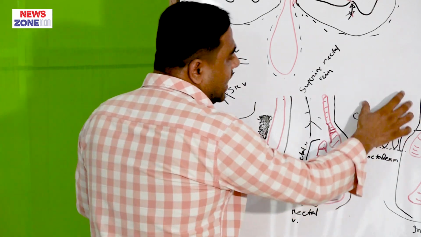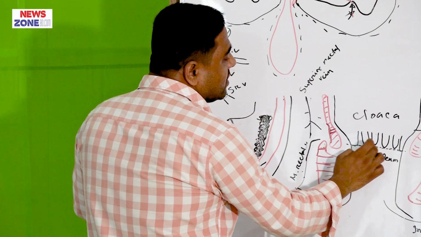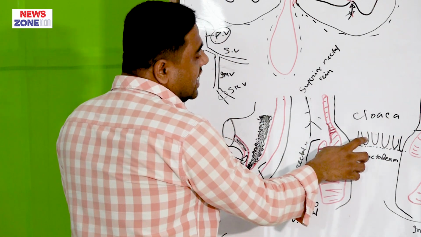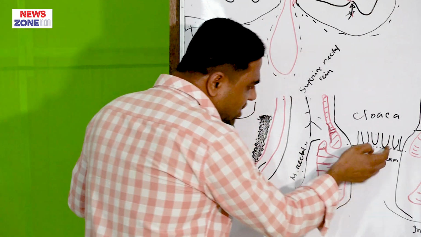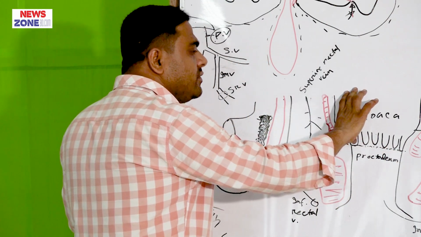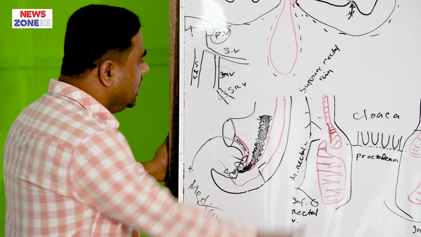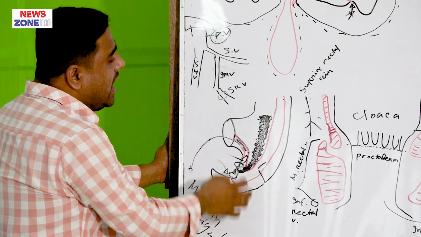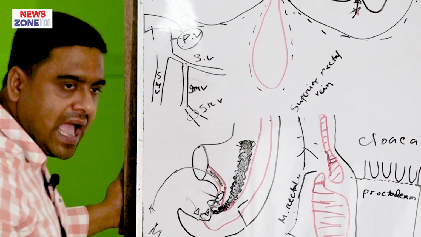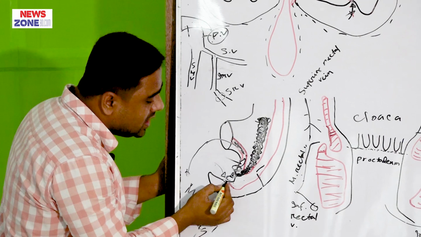This is the anal canal, and it is the upper 2/3 of the anal canal. There is the anal column and the anal valve. Up to the pectinate line, the upper 2/3 of the anal canal develops from the endodermal cloaca, and the lower 1/3 of the anal canal is actually formed by the proctodeum.